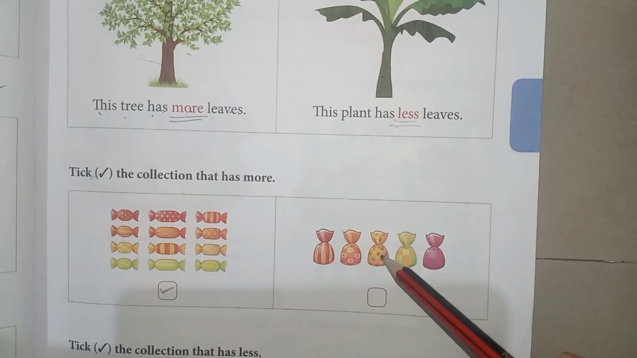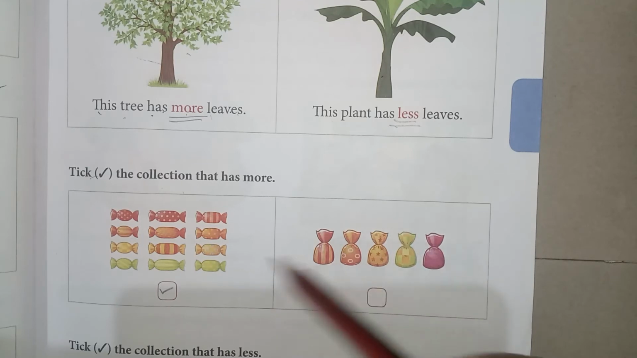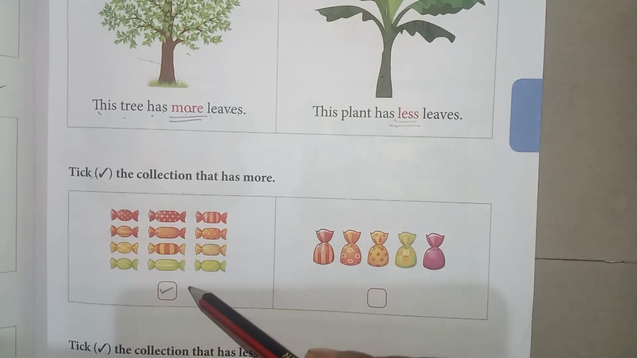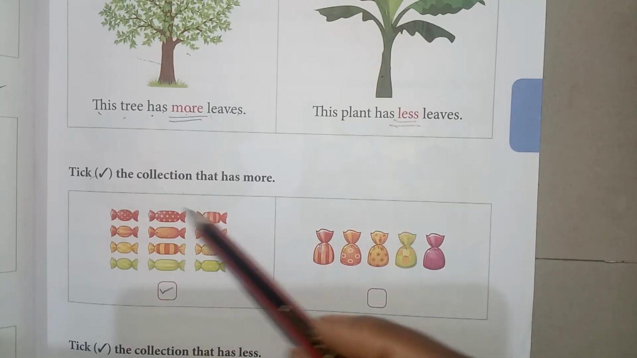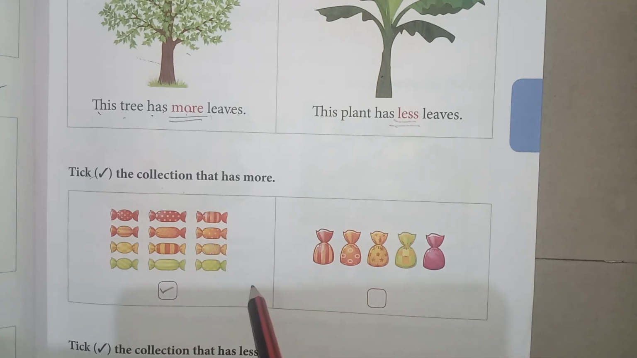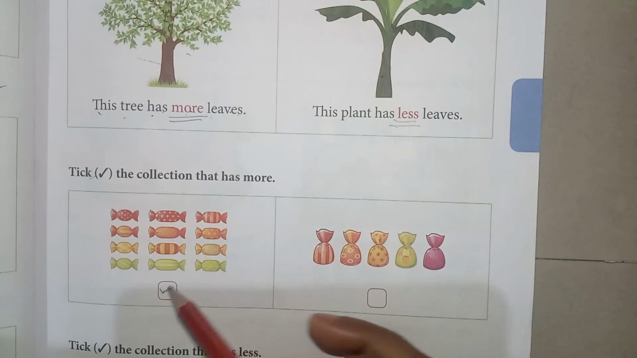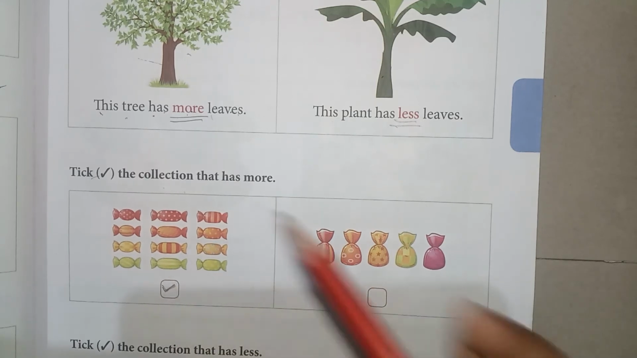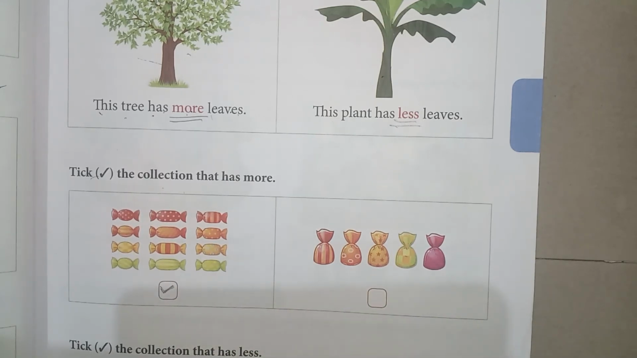1, 2, 3, 4, 5. So which has more collection? Which has more collection? These 12 chocolates has more collection. So we have to tick it there. Now next,